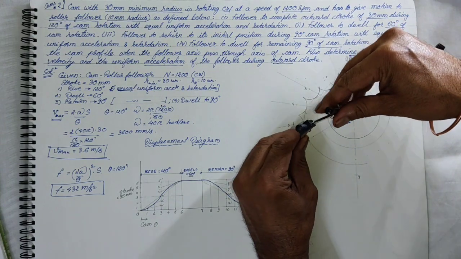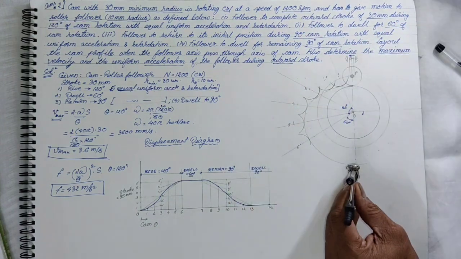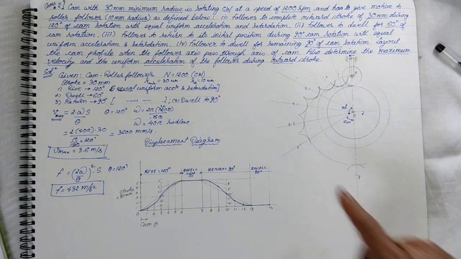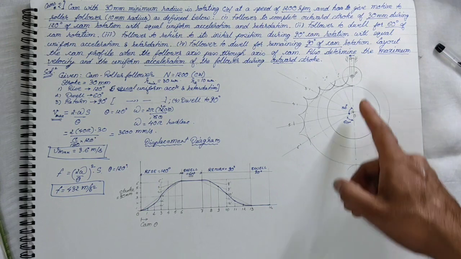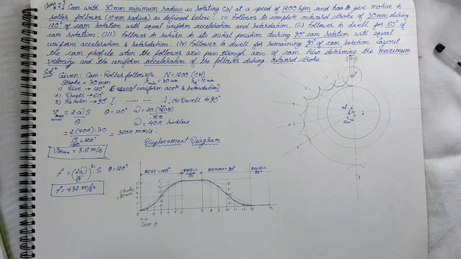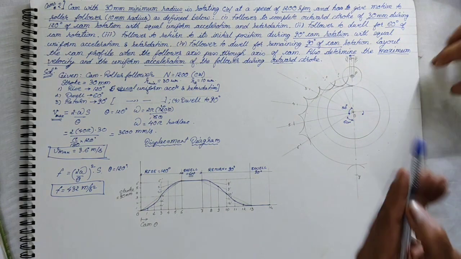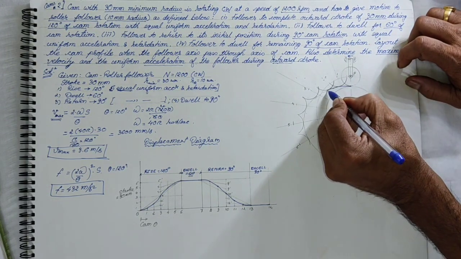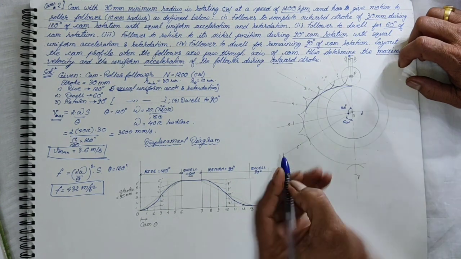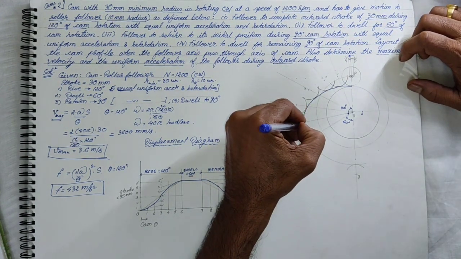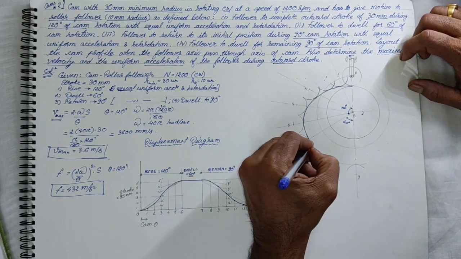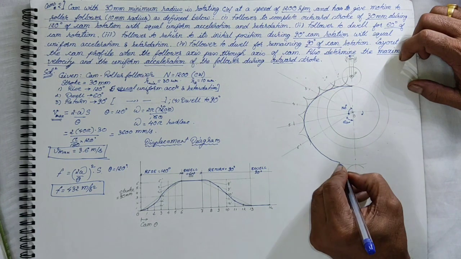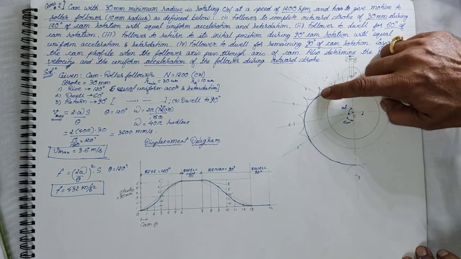Actually here also I should draw. See, you will get the roller to be tangent to this curve. So that means we are correct. So from here to here, this will be the cam profile. From here to here, this is the cam profile. So now we can just confirm this curve. Right? So this is how we get it for the rise and dwell.